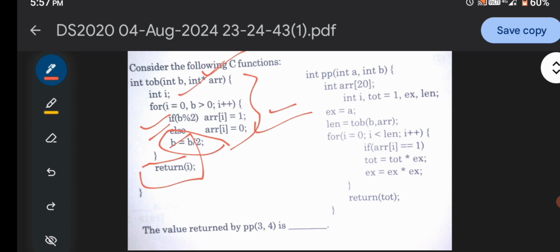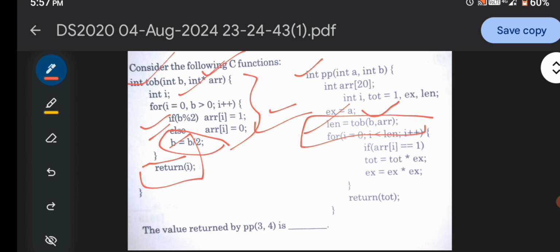Now move on to the next function, that is pp. In this function a and b are given, and an array of size 20. Some variables are given: tot is equal to 1, i, and ex, length. Now ex is equal to a variable, and the length of tob is calculated based on this function.